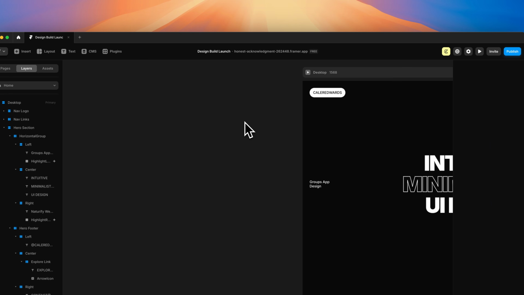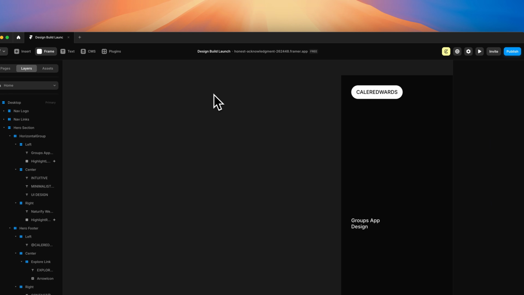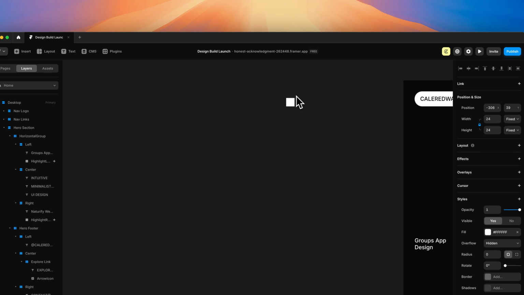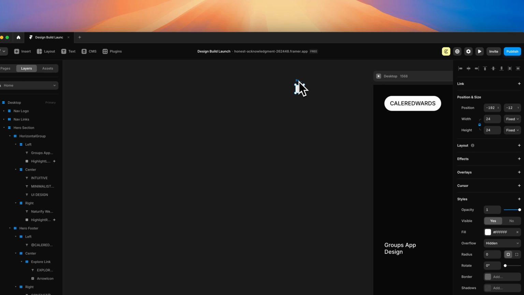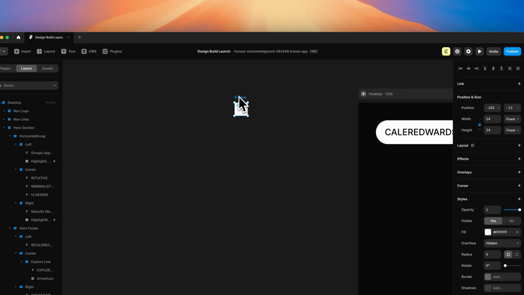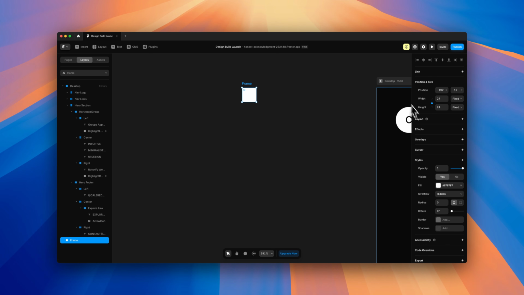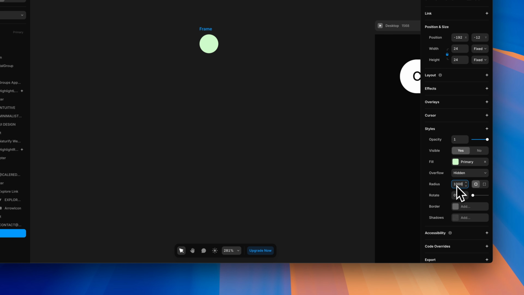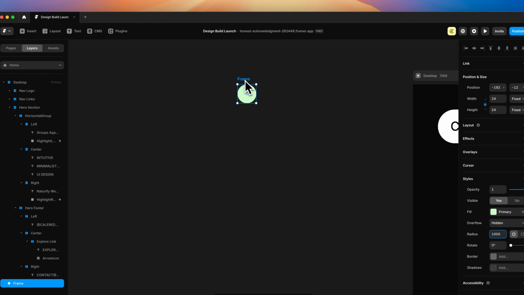So the first thing I'm going to do is I'm going to hit F on the keyboard for frame. And I'm just going to drag one out that is about, let's do 24 by 24. And I want this to be quite small. And I'm going to put it up here next to our website. And I'm going to set the default color to our primary green and then add a radius of 1000. So we have a circle. Now we can right click on this and we can create this to a component, which I'm simply just going to call